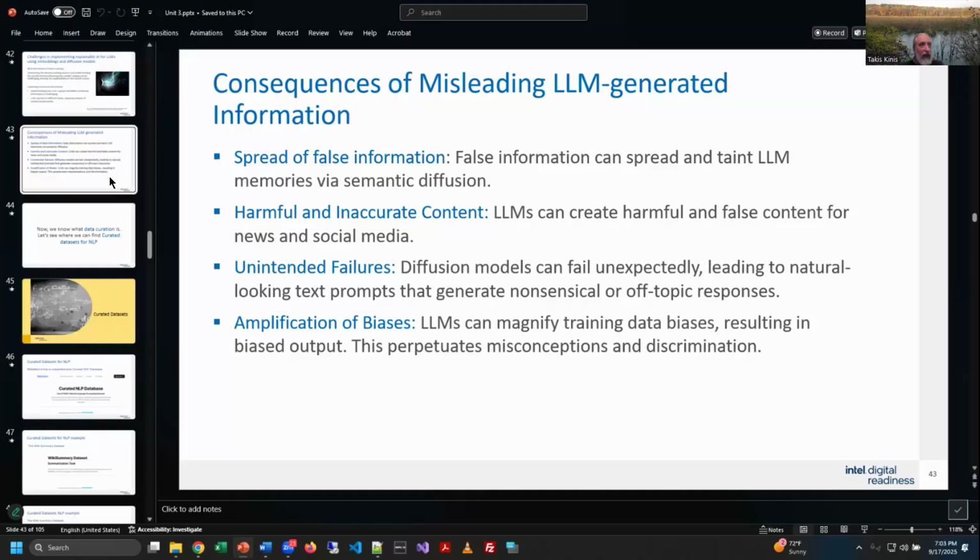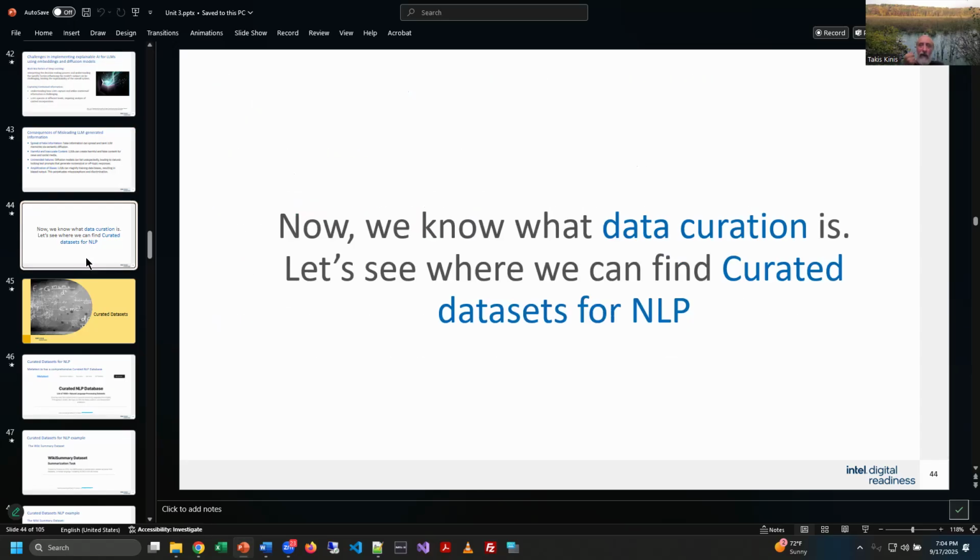It also, unfortunately, can amplify biases, right, instead of reducing them. And I think this is a big concern for the future from an ethical perspective, for sure. If there's bias in the training data, that's just going to amplify as you start to deploy models that generate real content. And it says it perpetuates misconceptions and discriminations, which is horrible, right? We do not want that to happen. So those are some of the byproducts.